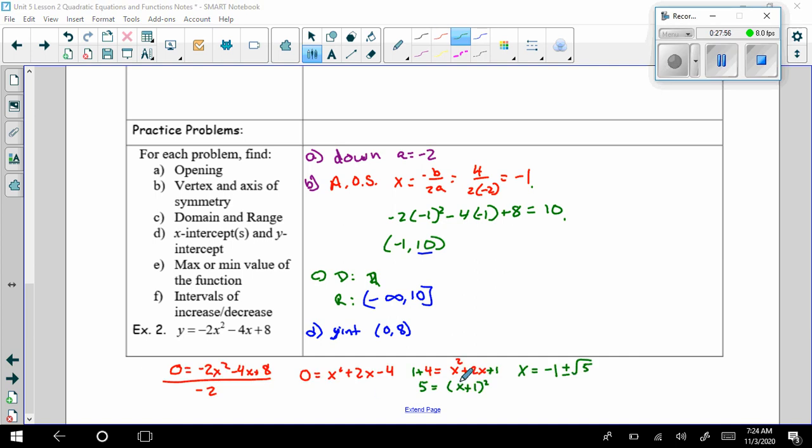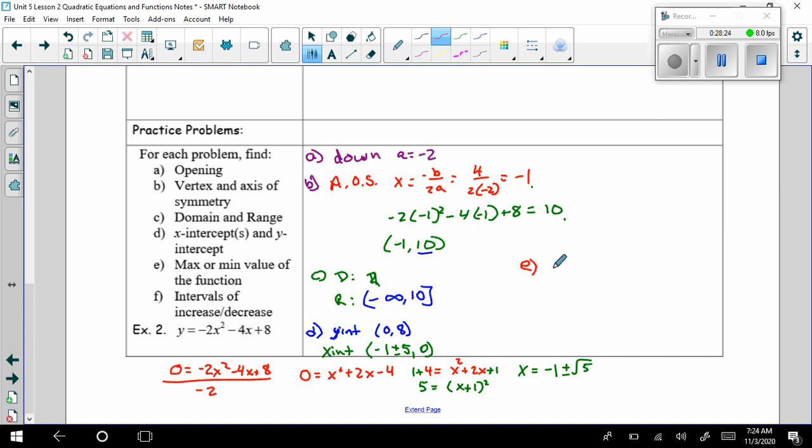With the video paused. Okay, so I used completing the square. You can kind of see along the bottom here. So x equals negative 1 plus or minus 5. I do still write that as a point. So I do x-intercept, and then I do negative 1 plus or minus 5, comma 0. You could absolutely split that up and write it as 2 points if you'd like. All right. Part E